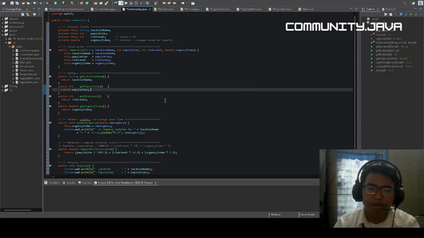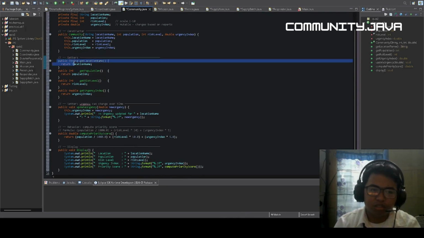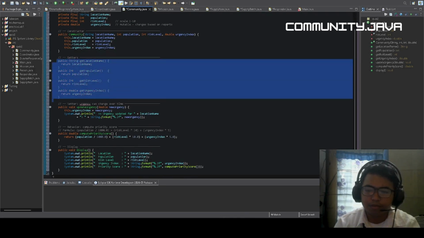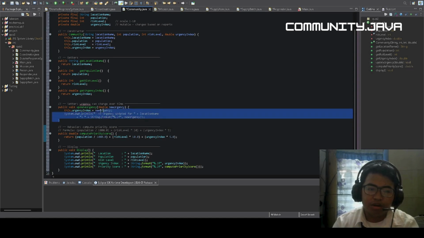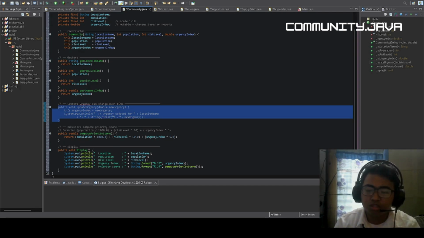The getter methods, getLocationName and getPopulation, then getRiskLevel, then getUrgencyIndex, provide read-only access to each field, while the setter method is the updateUrgency, which allows the urgency index to be updated dynamically, reflecting changes in disaster conditions.